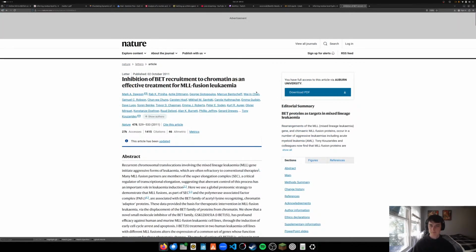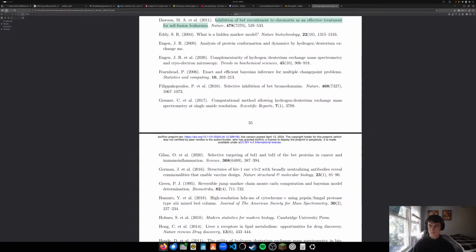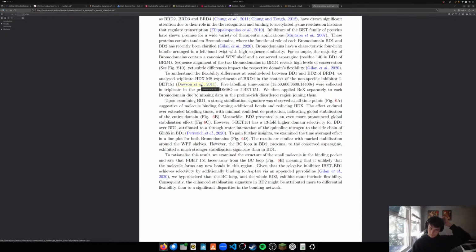Made it into Nature. Those are really long. Oh, those are seconds though. We collected triplicate presence. EMSO. Oh, they did the experiment themselves and then applied